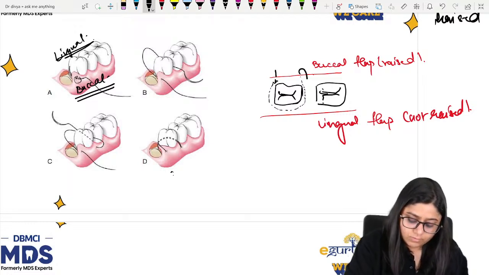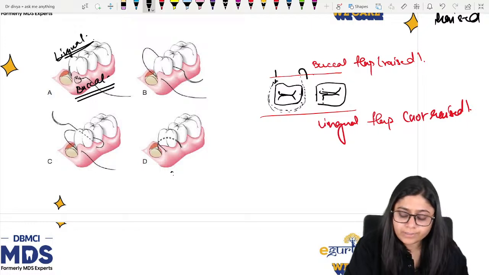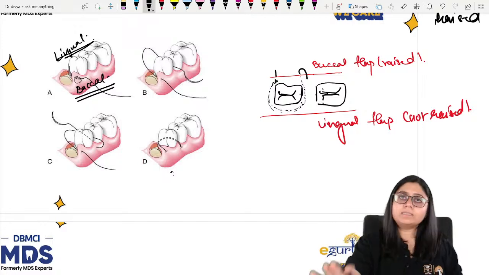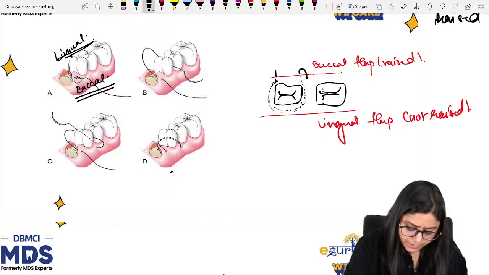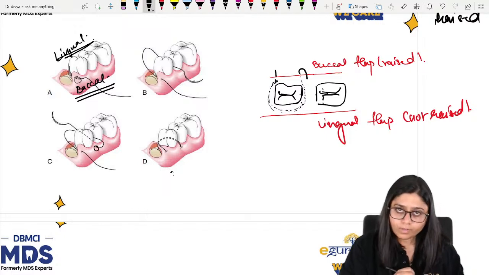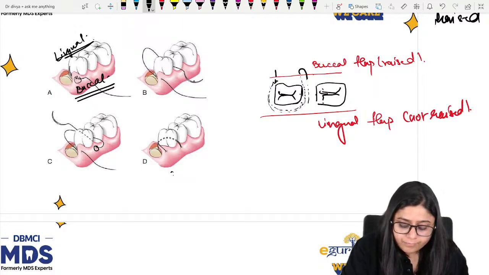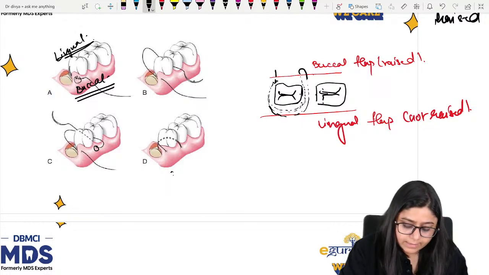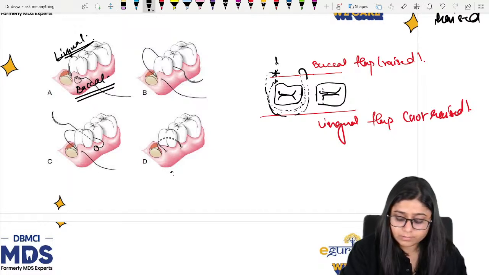So what we are doing is surrounding it like this, going into the interdental space, the space between the two teeth. We are bringing it on the buccal side, and then again from the buccal aspect we are piercing the needle. So we brought the needle back on the buccal side and pierce it here again. Again from here, without touching the lingual flap, we are encircling the tooth, coming back here and tying a knot here.